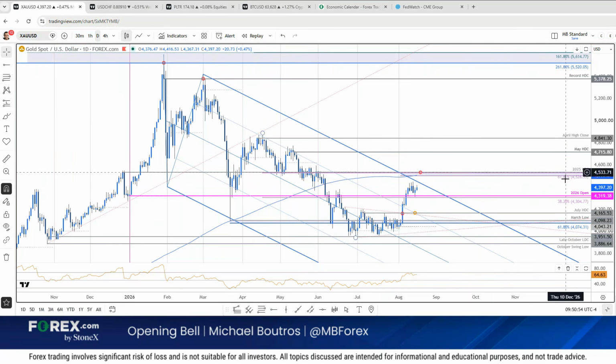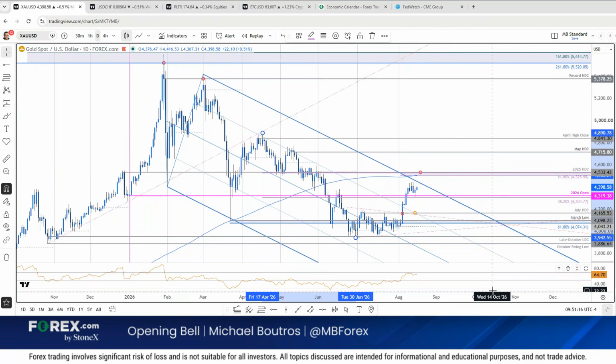The major lateral level on gold now crunches between 45.28 to 45.33. That's your 200-day moving average. That's the high day close from last year. That's also the 618 retracement of the decline off the highs from April. So this is the break that would validate a breakout of that January downtrend. So slope resistance is just a bit higher.